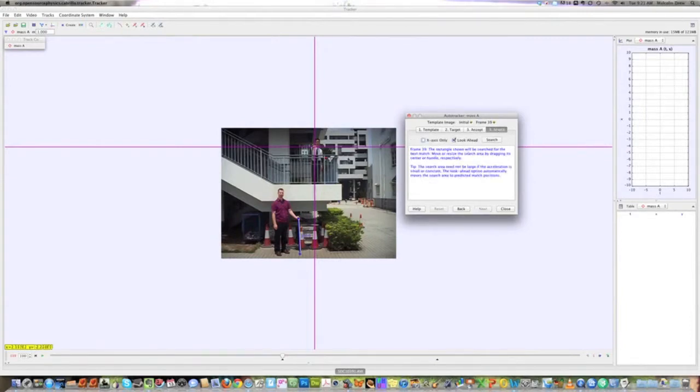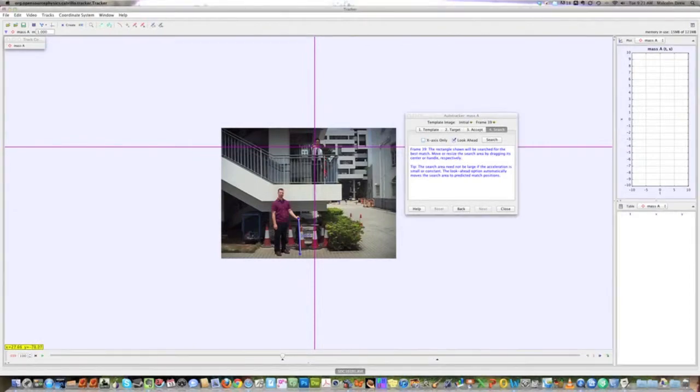If look ahead is selected, then what it does is it takes this red box and it tries to see the location of the ball as it's falling through it, and it adjusts the red box to the bottom. That should work fine. If it's not working very well for you, if you're getting strange points, then you can adjust the size of this red box by the corner, and you can make it longer or wider, which would increase the search area for when it tries to find the tennis ball as it moves down the screen. But as long as look ahead is selected, it should work okay as long as you had a good match with your tennis ball, because there's nothing else that's really the same shade as the tennis ball. Okay, so then you click search,